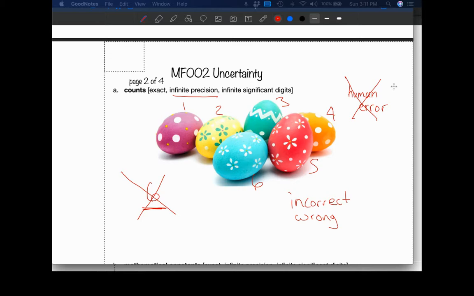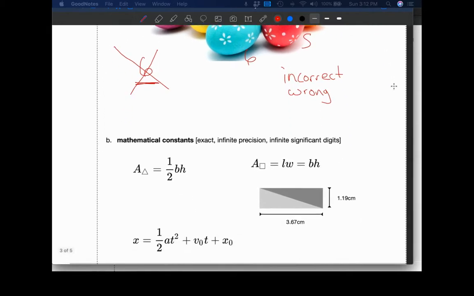That is different from when we take a measurement. And we'll come back to that. This isn't a measure. This is counting. So all counts must be done correctly. If it's done incorrectly, it's thrown out. The study's thrown out. The data's thrown out because it's wrong. And we can show that it's wrong. There's nothing open to interpretation as to how many Easter eggs are present in that picture.